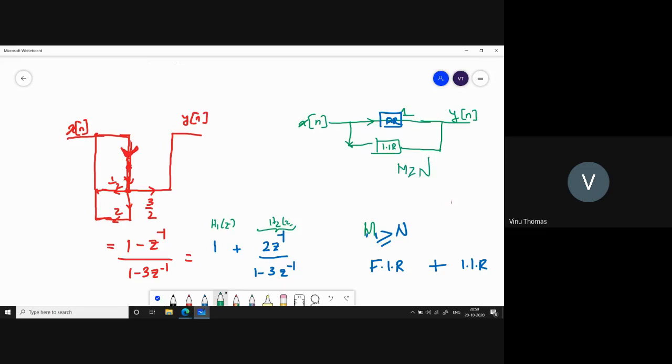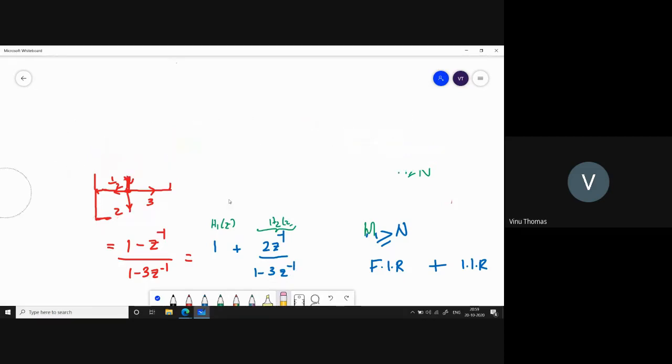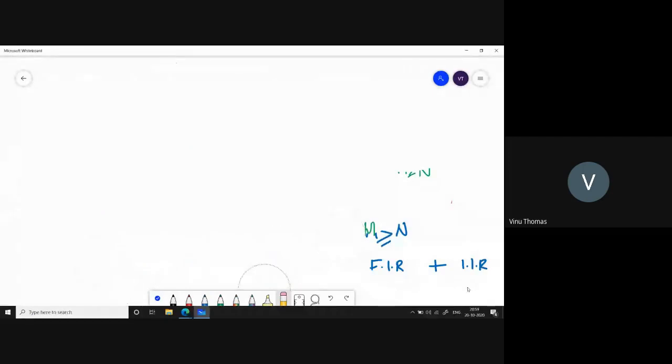Now, to conclude today's class, I'll ask you this question. We'll revise this by looking at what is the order of the filter. What is the order of a filter? Abhishek, what is the order of a filter? Sir, it's the number of memory locations required to implement a filter. Minimum, so you have to redefine it as the minimum number of memory locations required to implement a filter.